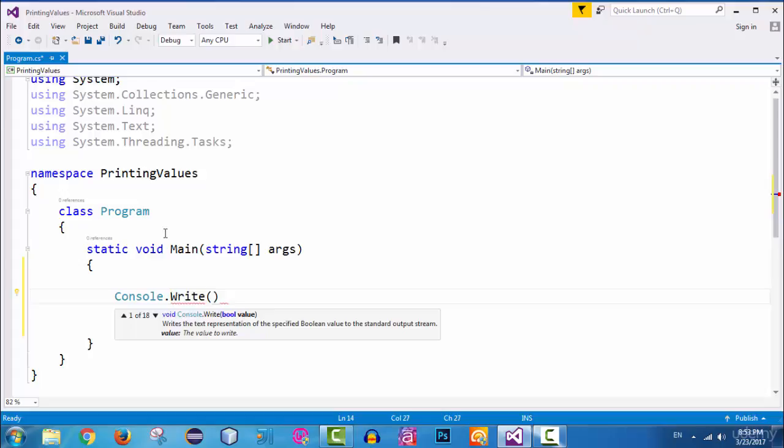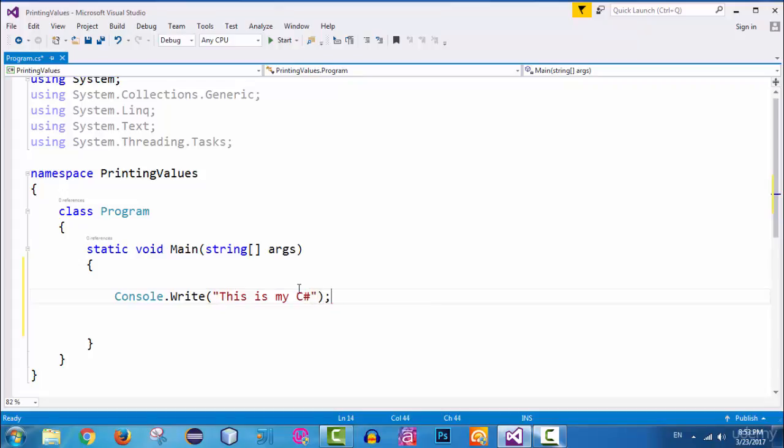Inside the parentheses, I can put two double quotes, and inside the quotes I can say, for example, This is my C#. Now I can end it here and put a semicolon at the end of my statement, right? So Console.Write("This is my C#");